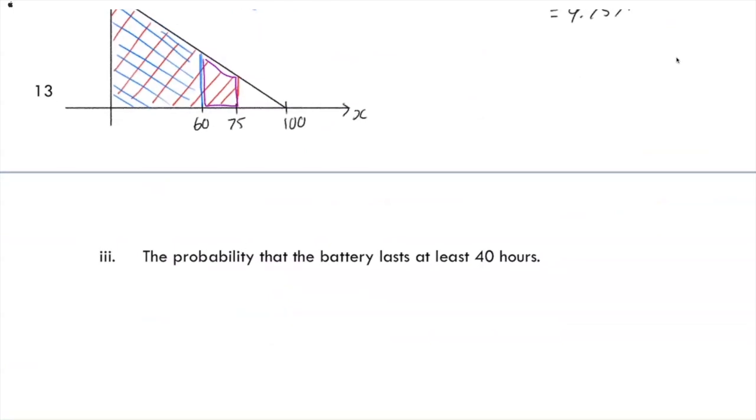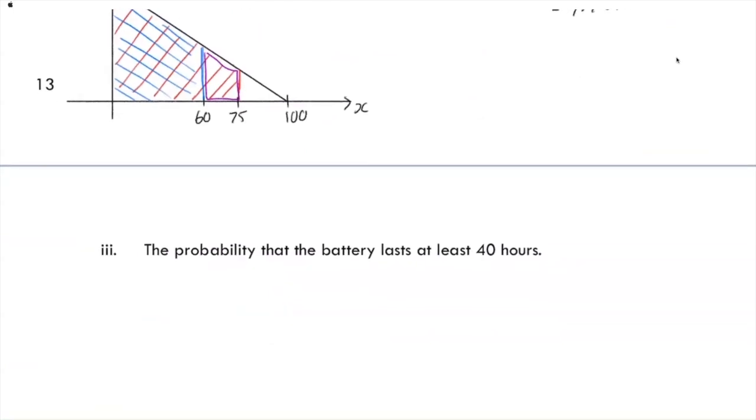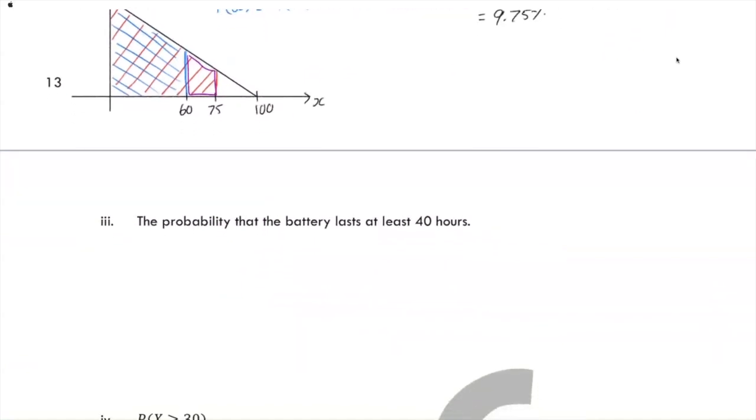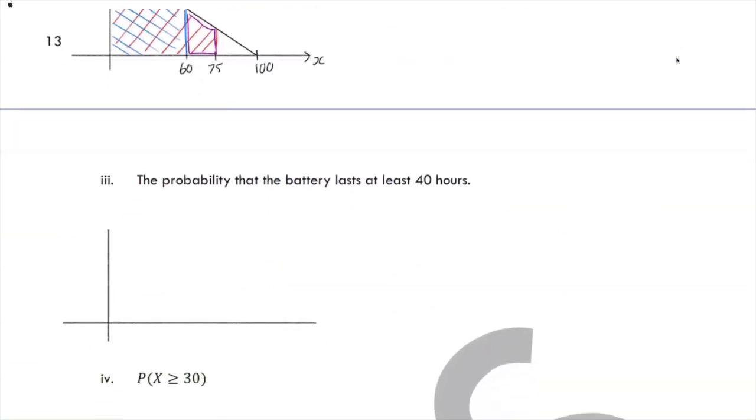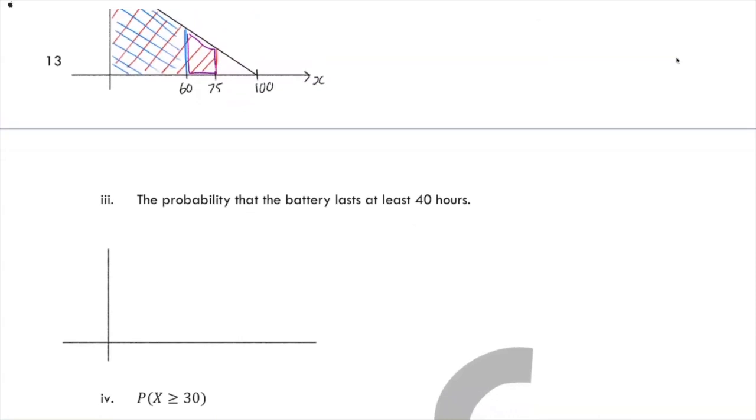Okay, what if I said here the probability the battery lasts at least 40 hours? How could you use your CDF to do that? Yeah, just 100 minus 40. You could do 100 minus 40, so f of 100 minus f of 40. Or you could do 1 minus,